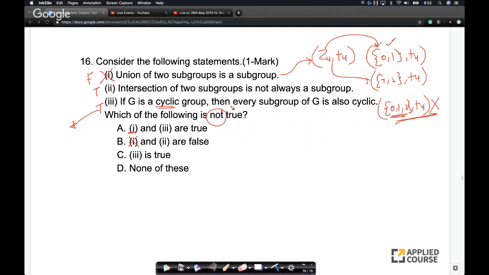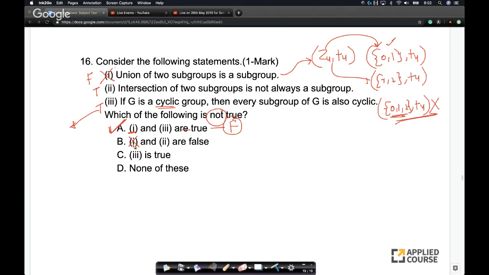Which of them is not true? So what does this first statement say? The first statement says 1 and 3 are true. Is this true or not? 1 is not true, so this statement is false. What about this? This statement is false, right? And the question is which is not true. So yes, this is the right answer, right?